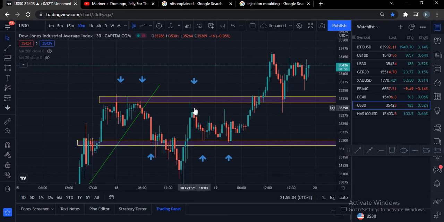Then we have today. Today we see price was ranging within these two zones over here, right? So we weren't going to enter any of these. So we don't enter in the middle of the market, right? So we wait for a clear break on the upside, or we wait for a clear break on the downside, right? So what initially happened today was